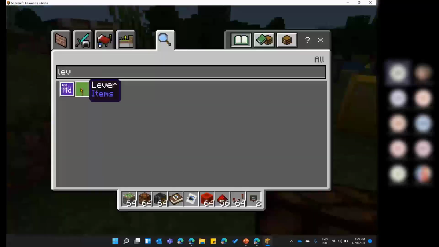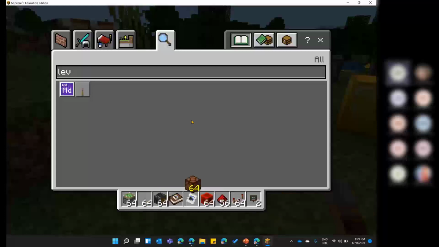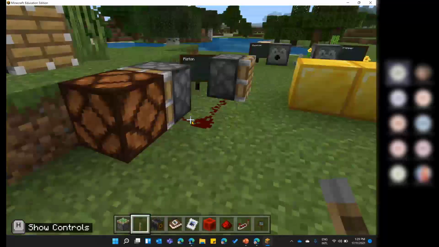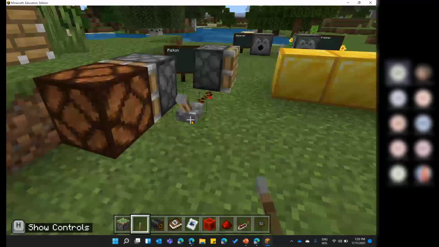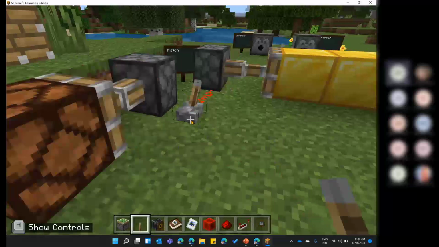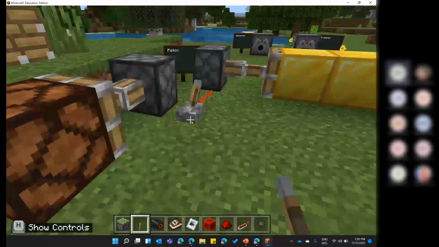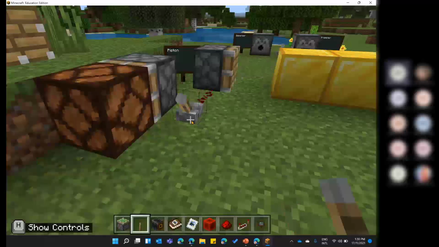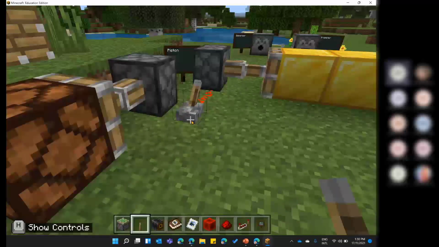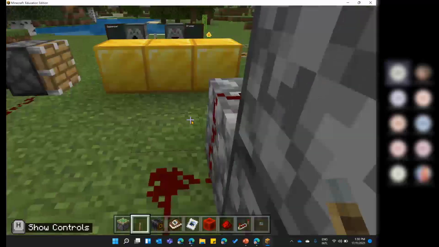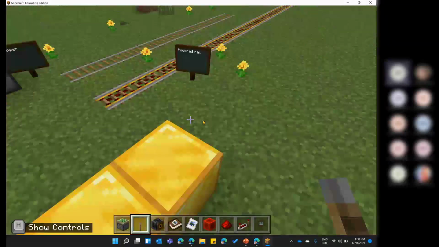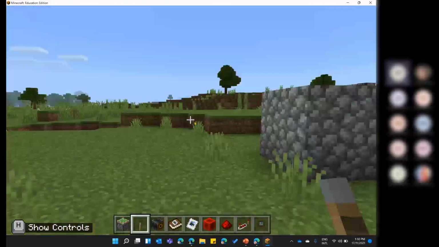Let's get a lever. And so if I put a lever there, I've got two of them going at the same time here. The one behind me, the piston, is moving forward and coming back. The one to the left of me is pushing the block forward and then pulling it back. So I've got an example here of something that students quite often do, and that is